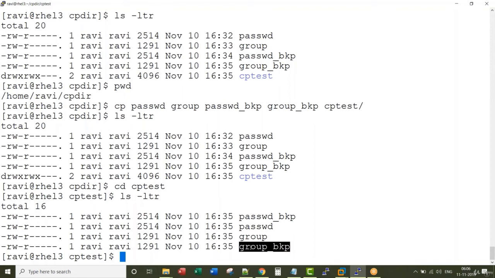So copy takes extra space. Now you are maintaining 2 copies of the same file. One within the cpdir directory, another one in the cp test directory. If I go back to my previous directory,